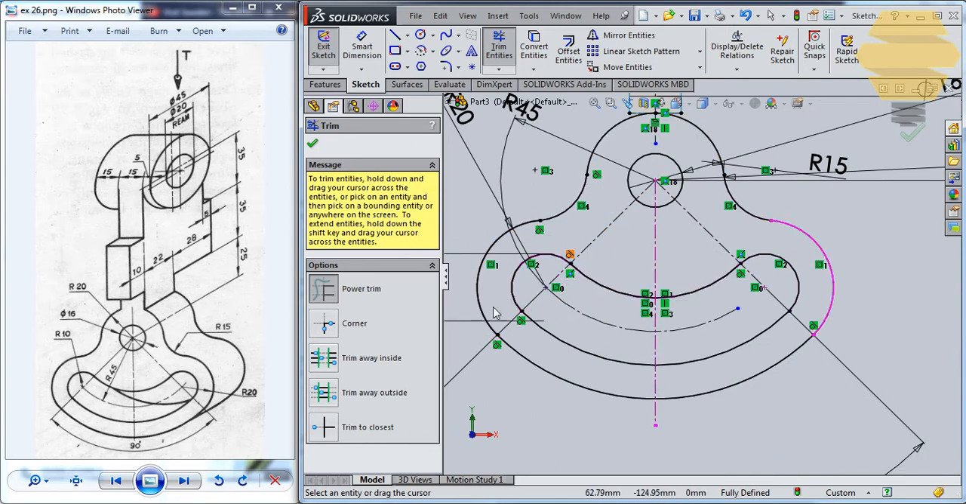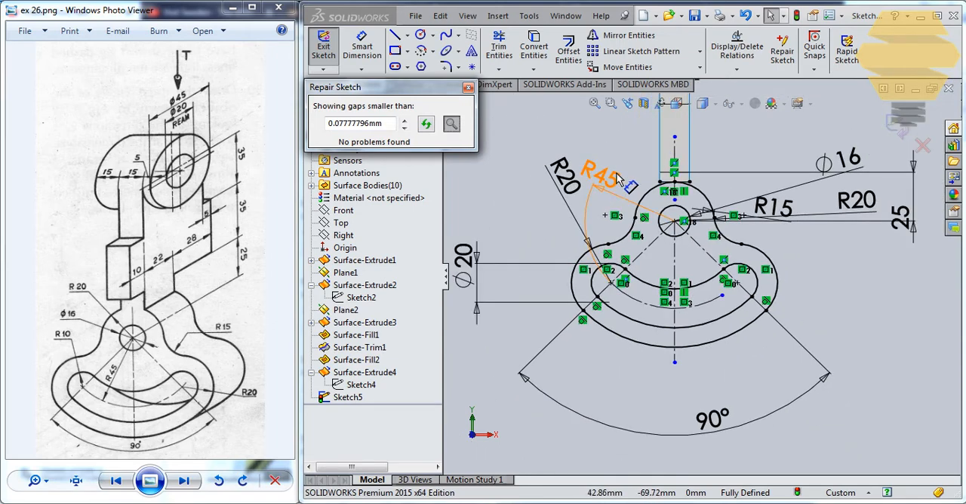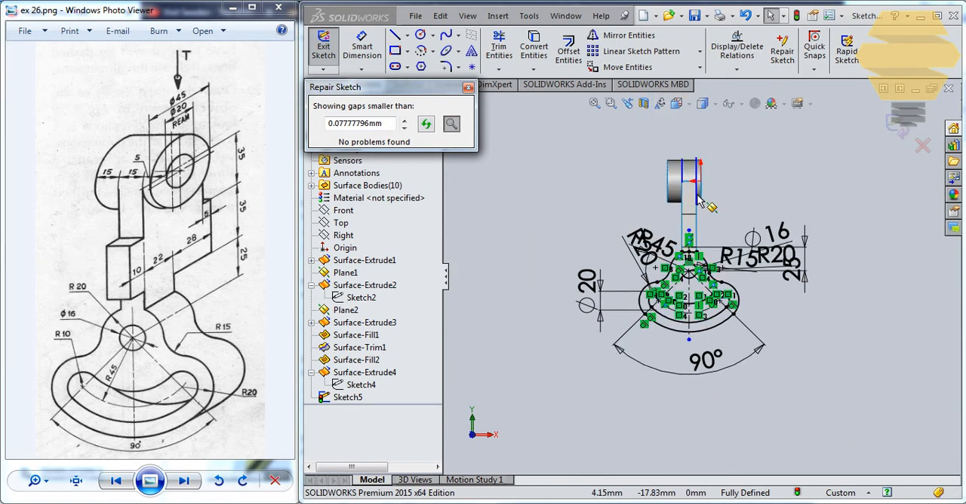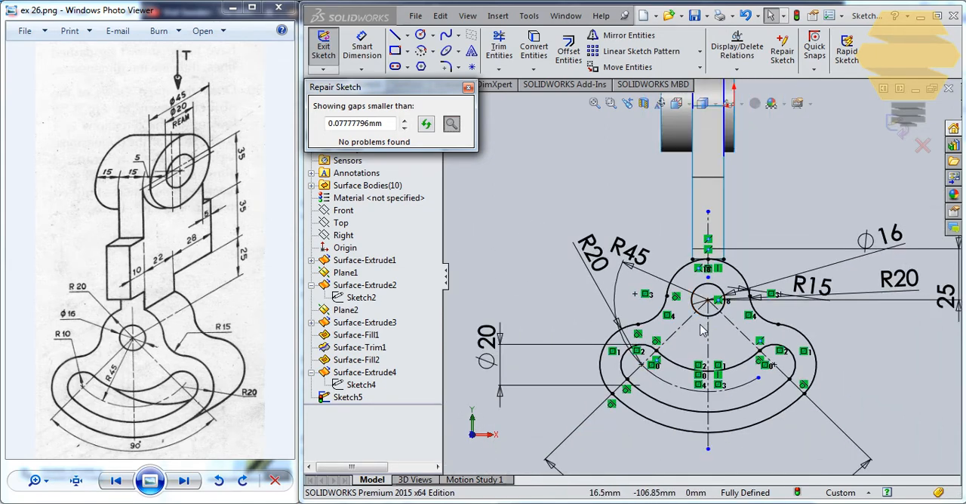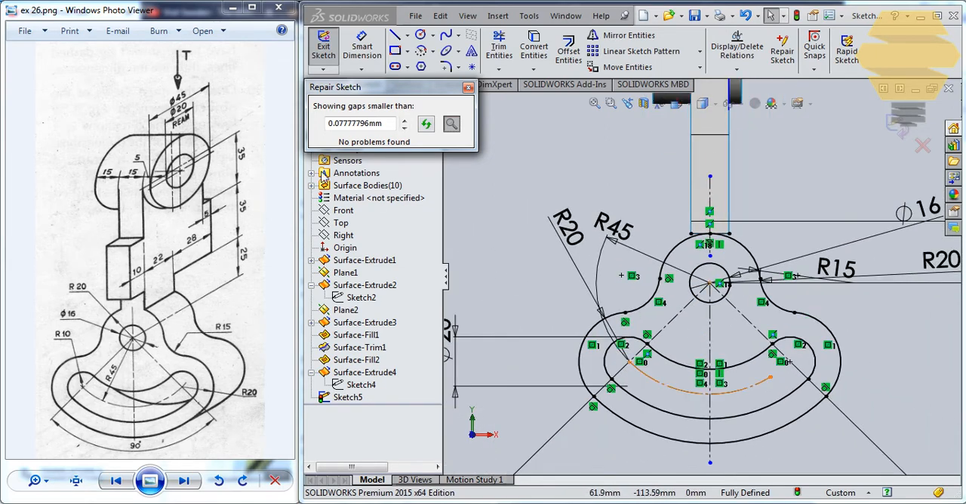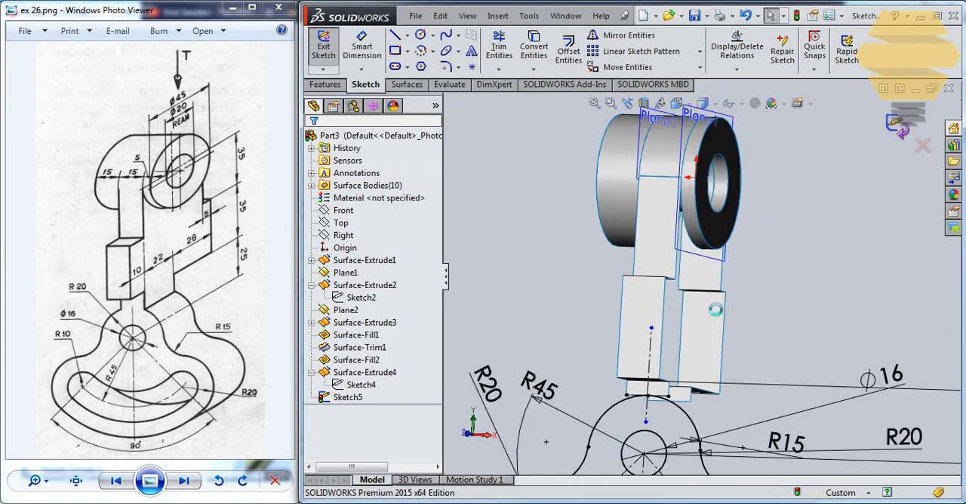Let me hope that now the sketch part is open. Okay, let's go to the repeat sketch, and you can see that there's a 0.077 issue with the sketch, which could be where it's saying that there is a, okay, no problems found. That's what they said. Okay, oh, that was my mistake. Anyways,